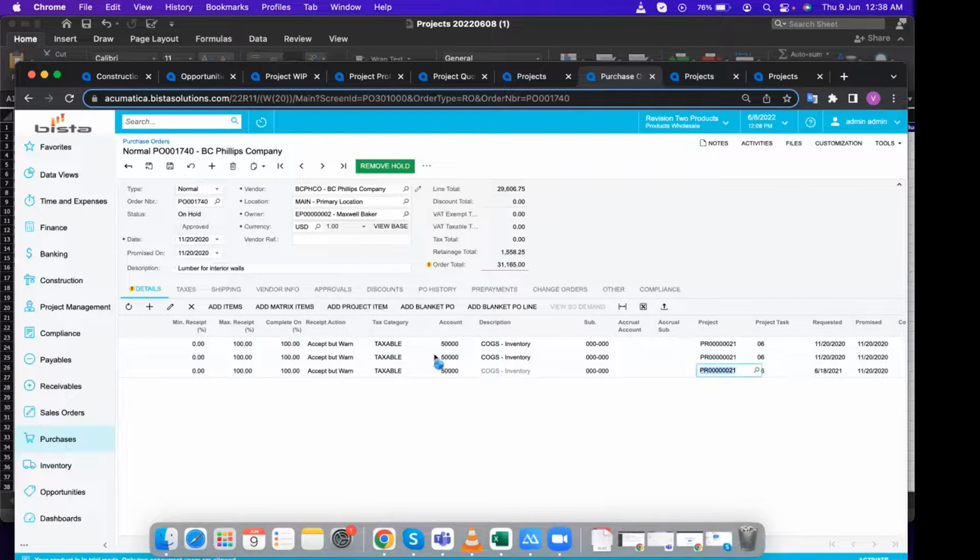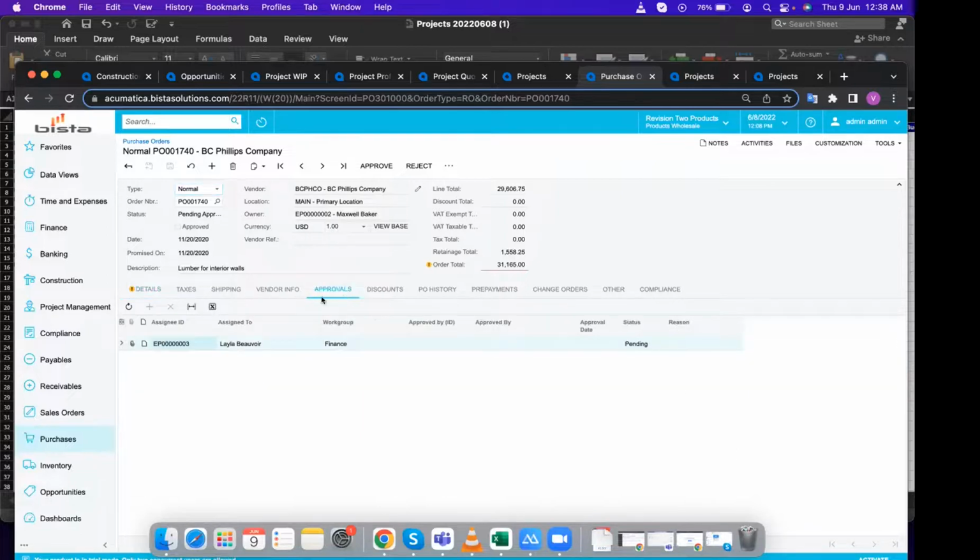Now, once I release this, or once I remove it from hold, this purchase order will be visible in my project. And an approval is triggered to a specific person or my manager, and he or she can approve this purchase order. If I want to see who this approval is triggered to, I can go under my approval tab and I can see this is triggered to my manager, Laila. Okay, so right now I am logged in as an admin, so I can approve this one,